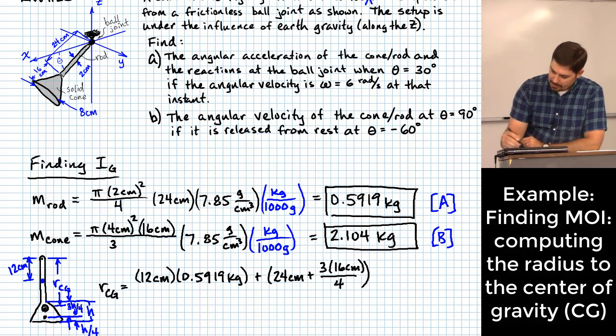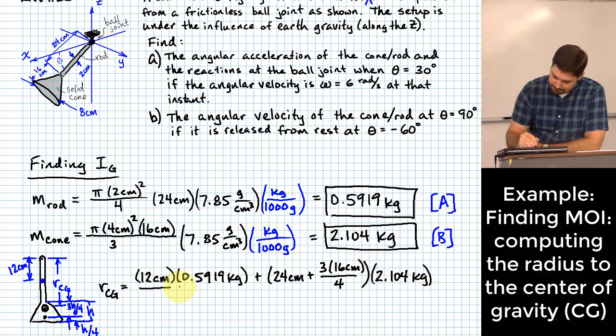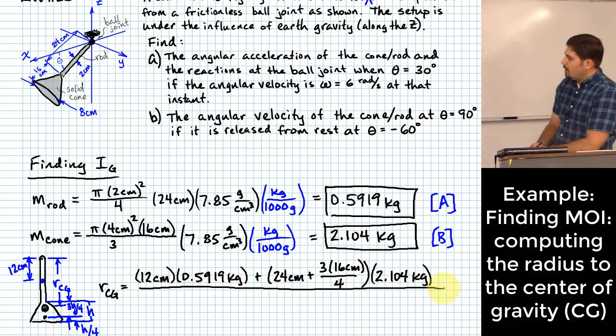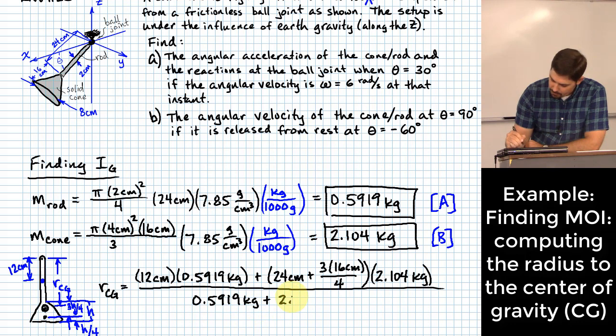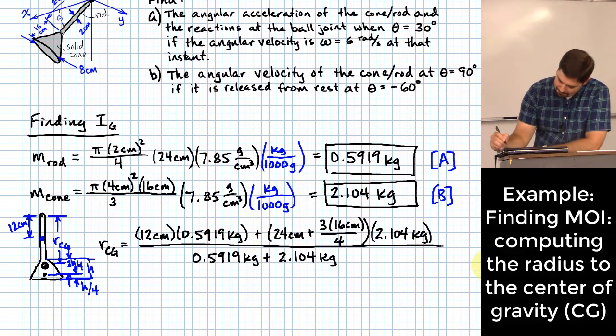That we need to multiply by 2.104 kilograms. All of that stuff I need to divide by the total amount of mass. The total amount of mass is 0.5919 kilograms plus 2.104 kilograms. Okay. So if I actually compute this,